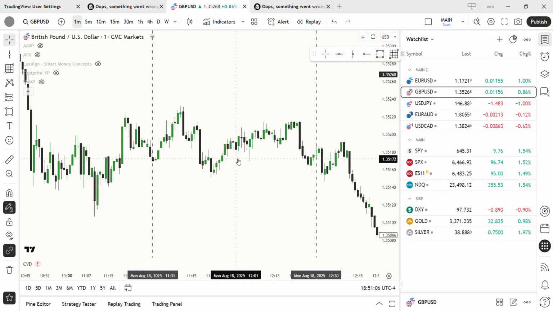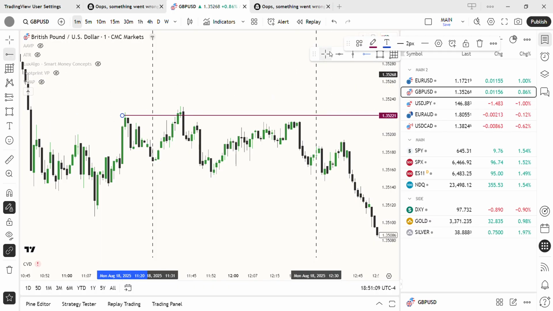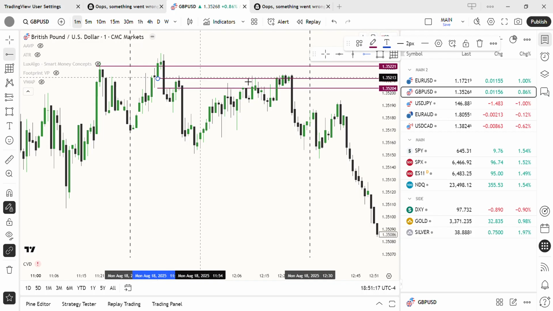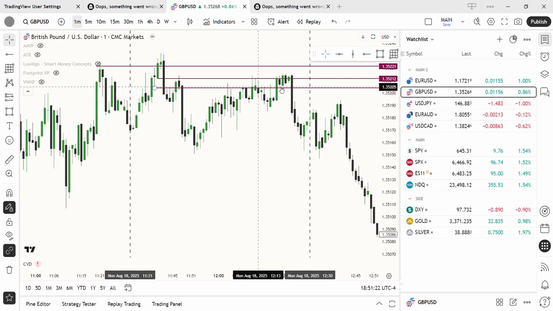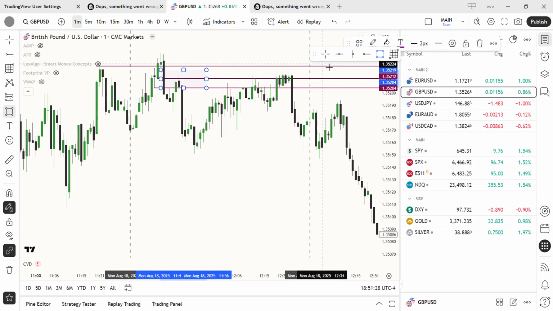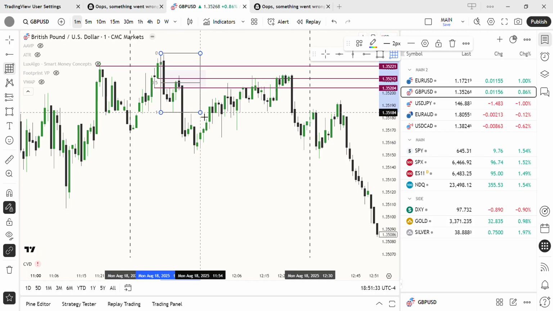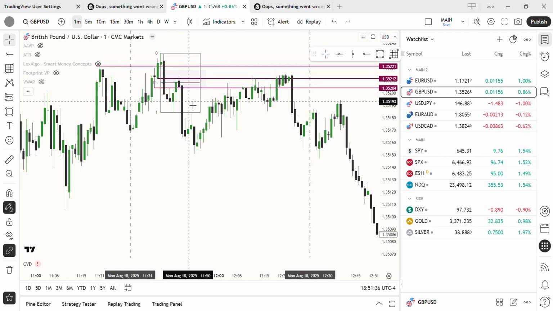Let's see what kind of setups we got here. Okay, so bam, sweep this high. Start swing low here, order block here. We close above it, create a fair value gap, and hit equilibrium. So we break structure, don't create a high, come up, hit our order block,